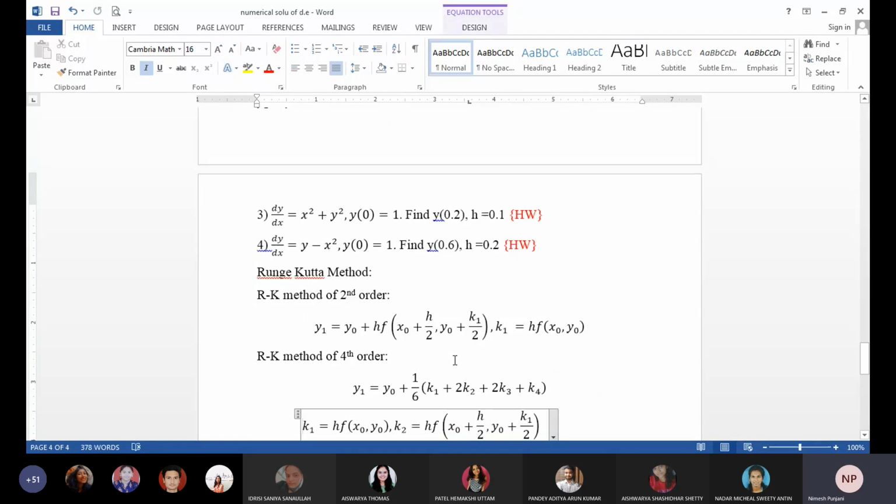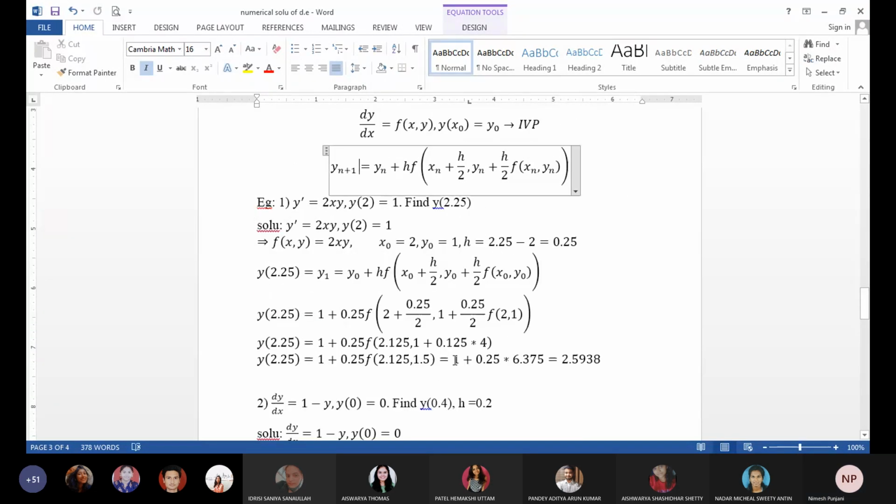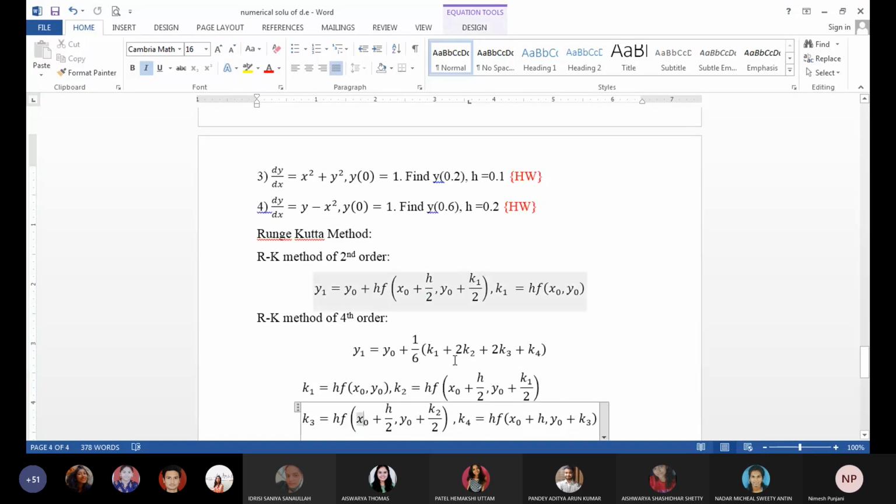We'll go to the RK method. RK method of second order. There are two RK methods. One is of second order and one is of fourth order. So RK method of second order is given by y1 equals y0